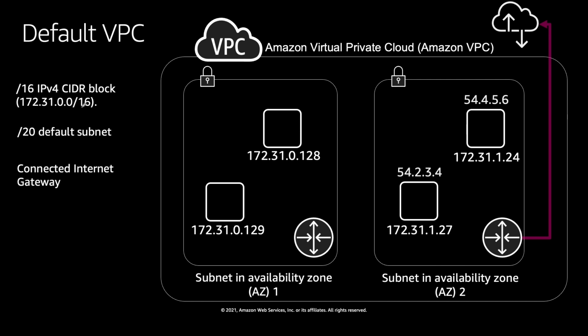You also get an internet gateway, and we are going to talk about what internet gateway is in a bit. But basically, if any of the resource within your VPC would like to access the internet, then you need to have an internet gateway. Okay, so that is also what you get with the default VPC. And then we have security groups and NACL, and I'm not going to touch base on that at this point because we are going to talk about what security group and NACL are in the following slides.